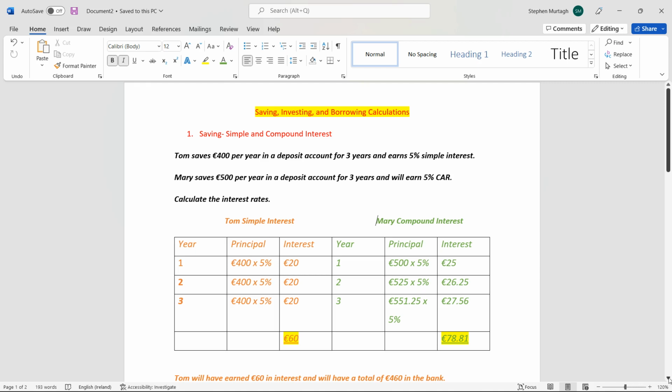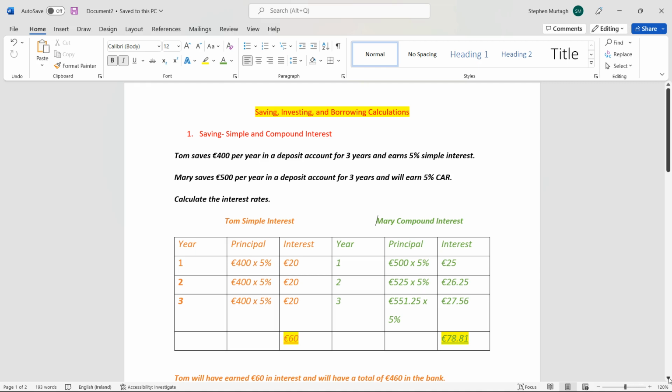For Mary, it's slightly different. So Mary's amount will always be on what's left in the bank after her first year into her second year and her second year into her third year. So what I mean by that is if we look at year one, Mary will multiply €500 by 5% and she'll get €25. So at the end of year one, Mary has earned €25 in interest. For year two, it's always on the amount that's in the bank. So what you have to do is add in the original principal, the original amount of €500 plus €25 equals €525. So now in year two, it's €525 by 5%, which is